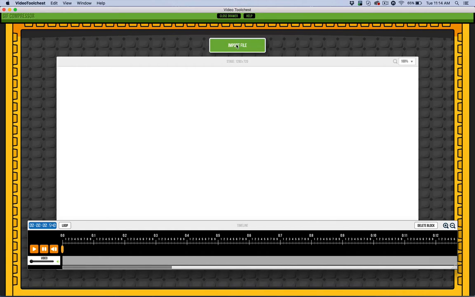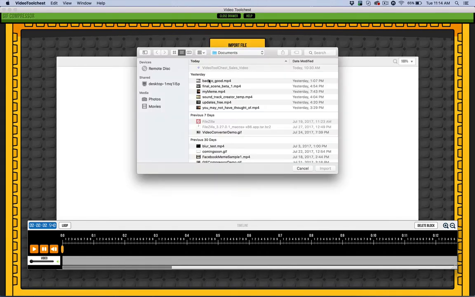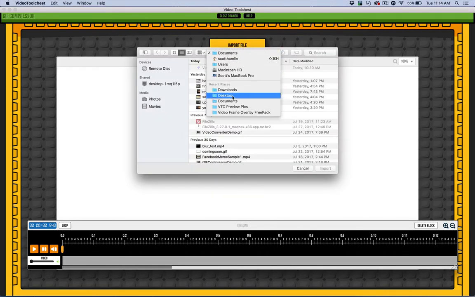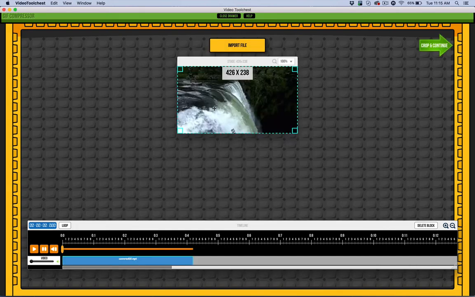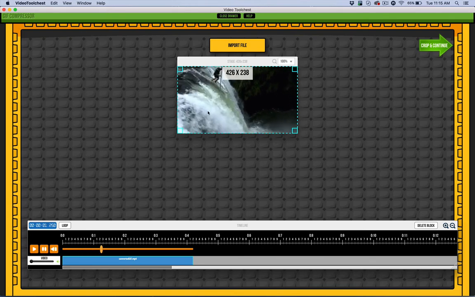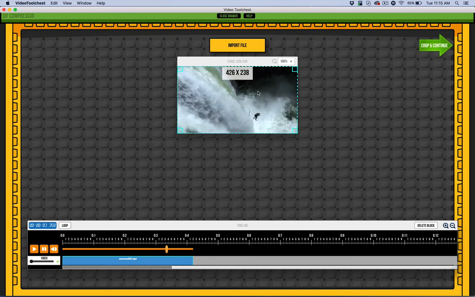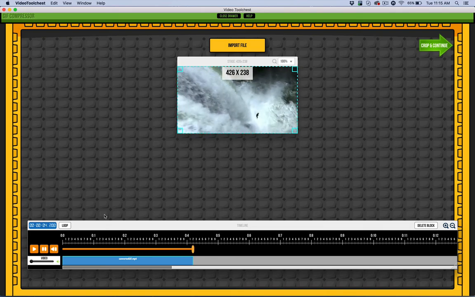So what I've done is I've downloaded a GIF animation from Giphy.com. And I tried to do something that gave me the ability to utilize all the features. So this is a GIF animation of a guy on a paddleboard going over a cliff or a waterfall. Looks like fun. And the first way that you can potentially optimize or make your GIF animation download faster is